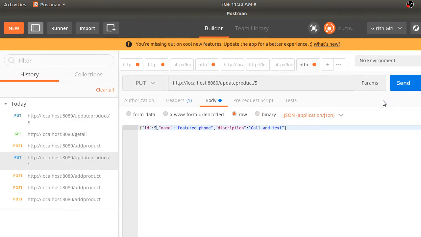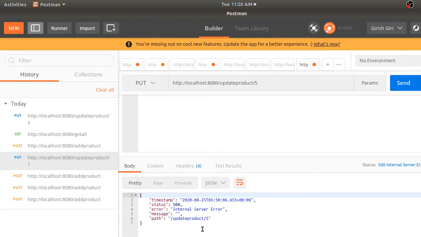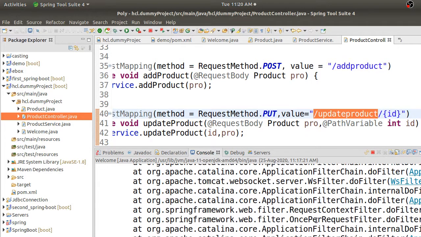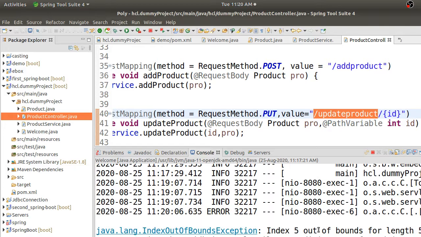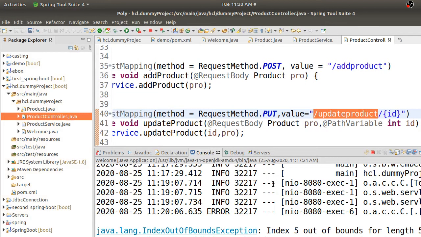I will just send this request. Okay, it is giving me an error. What is that error? Okay, index out of bound exception, because I don't have length more than 5, that's why it is giving that error. So give it 4.